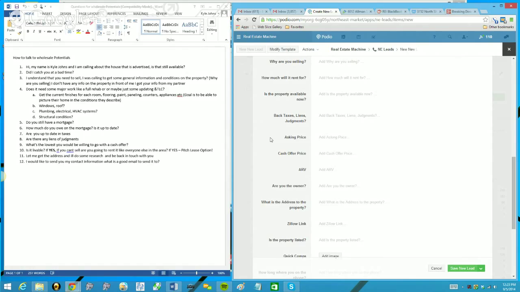And usually that'll get them talking, and you'll understand right off the bat if they're willing to rent the property, be a landlord, or if they're absolutely against it. I believe we had someone the other day, right? Like the perfect example, the guy's like, no, we do not want to be landlords. That was a couple of days ago when we were doing calls. Good question to find out what they want. Exactly. If they're motivated enough to go with the lease option or lease purchase at this time,